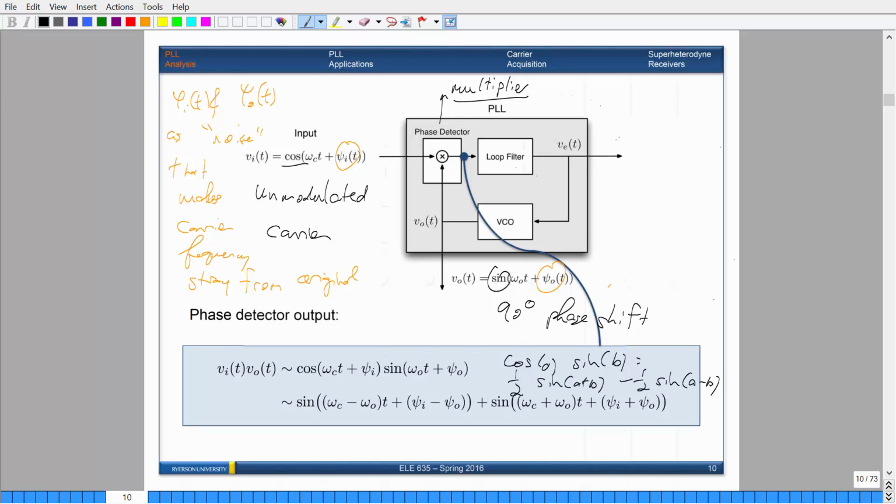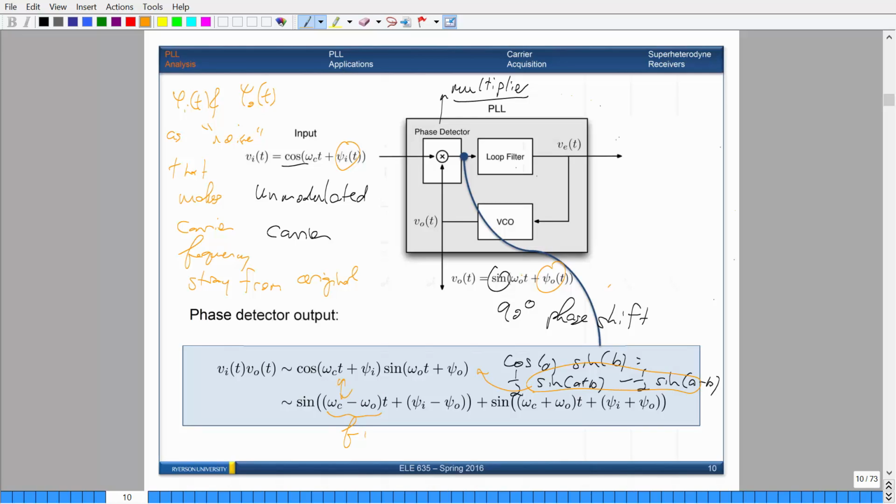Okay, something like that. I believe that's what it is. So if you were to use this formula and substitute it into here, you'll get this decomposition over here. If I remember, I'm probably wrong here, but basically a product of a cosine and a sine will give you two sinusoids. What's important is that we'll see here that this produces two sines of two different frequencies. So we have one which is centered at the carrier frequency subtract